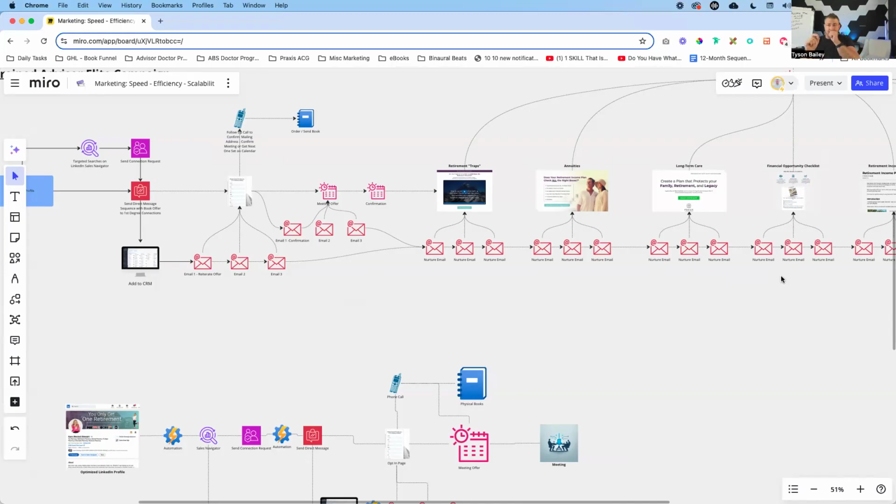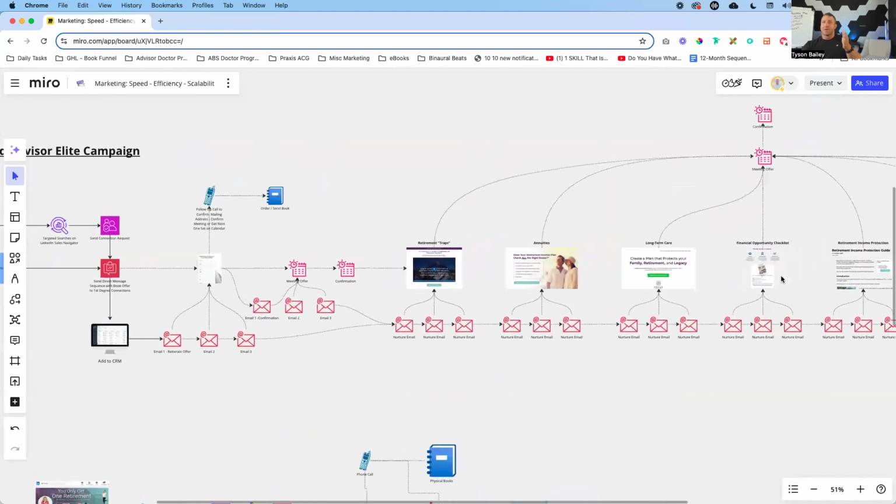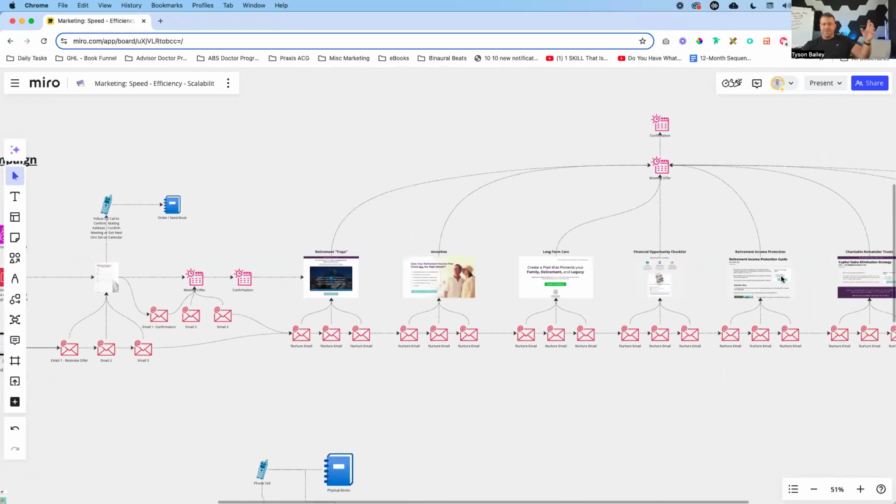Now, the reason why I got so excited and the advisor got so excited was because this is somebody we were nurturing, helping the advisor make money throughout the entire process. But now all the fruits of the labor are finally starting to pay off, even better than they were, to where people are now circling back because we didn't stop, because we kept going. Even through the months where you feel like you're crawling through glass, we're able to continue to push forward. And now that advisor is on track to hit 1 million this year in commission, life and health only.